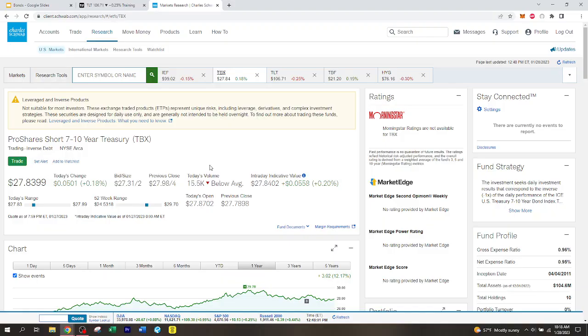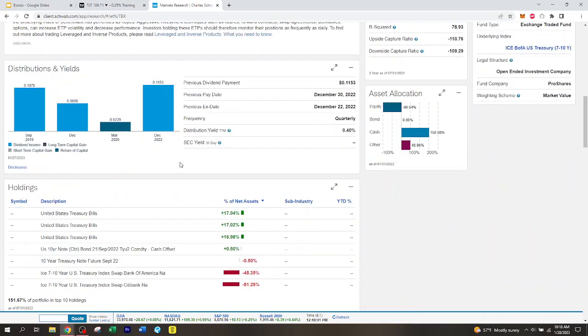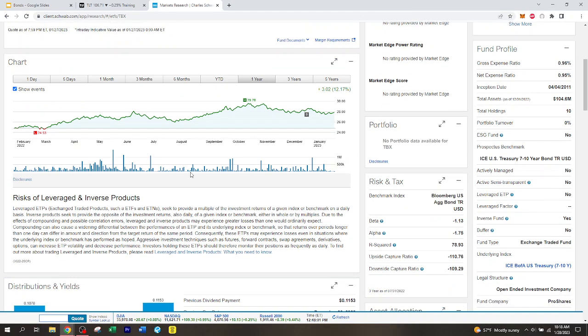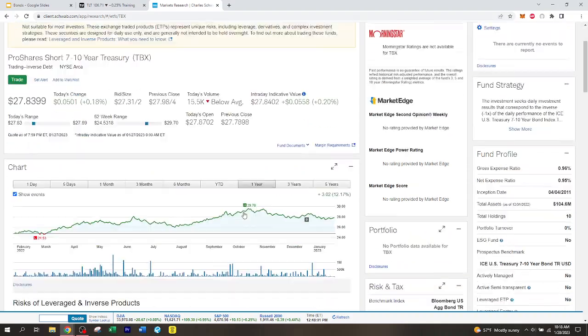ETFs are amazing. There are so many different options with this technology. So instead of having to go and open a futures account and trade on margin, instead you can just buy an inverse of the IEF, which will be the exact same as the yield on that bond. So that's how you get exposure to interest rates. You don't have to short the IEF. You don't have to open a futures account and trade those interest rates directly. You can just trade the inverse of the IEF.